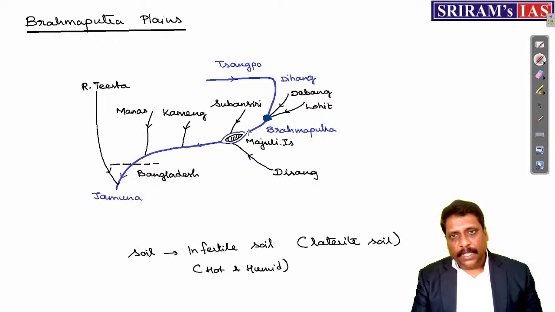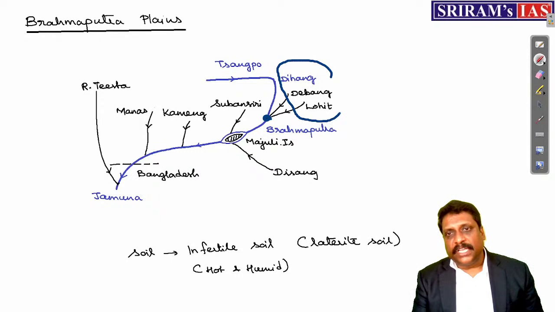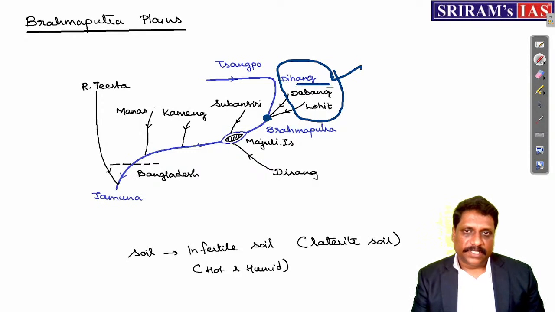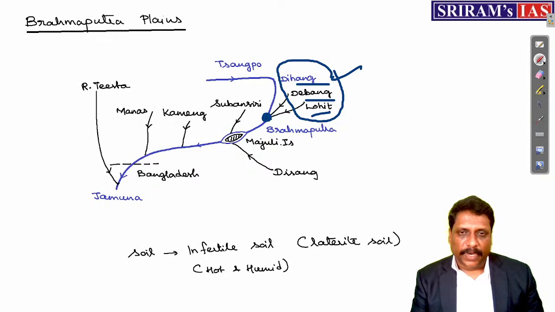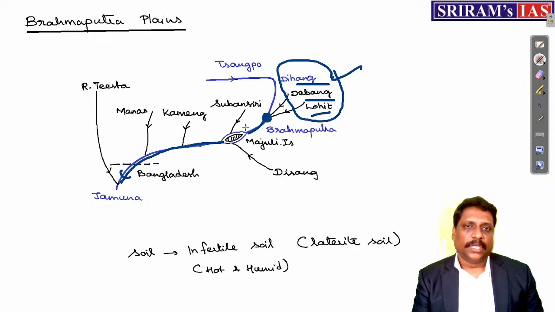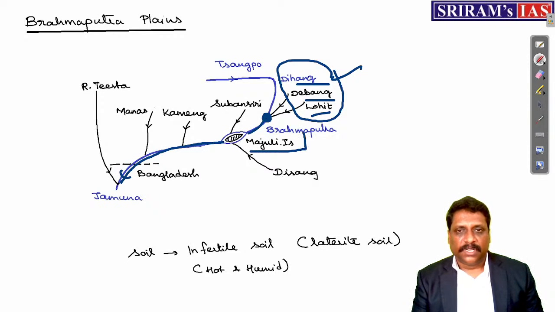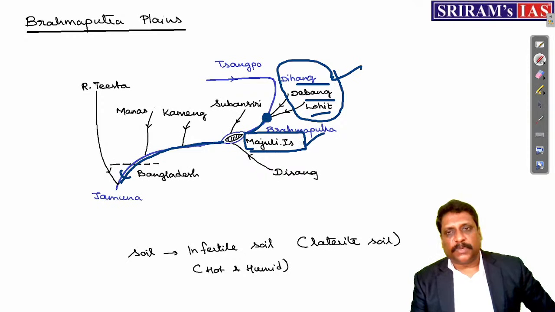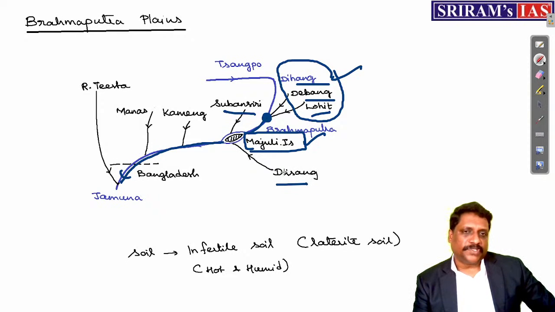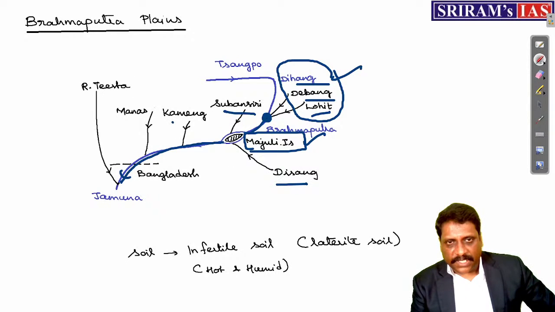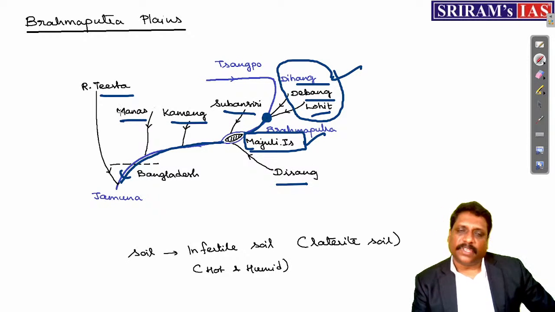That broad it is. But where exactly does the broadest profile of Brahmaputra start? When these three rivers confluence with each other: Dihang, Dibang and Lohit. When they confluence, the broadest profile of Brahmaputra starts. Along the course, you also find the world's largest riverine island, called Majuli Island, where Subansiri and Disang confluence. Other rivers I have also given: the very important rivers like Kameng, Manas and Teesta.